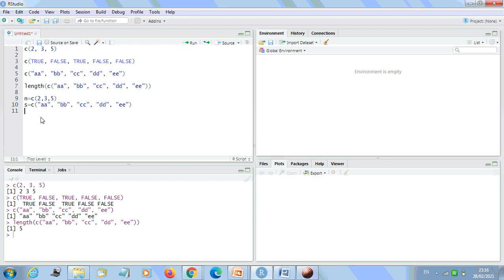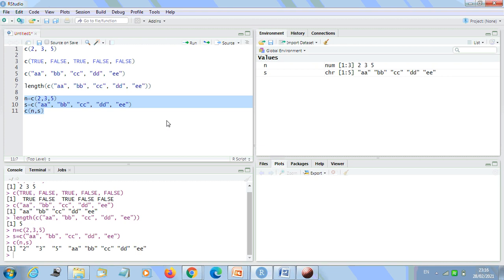I will write c and in brackets I will pass n comma s. So I have these two vectors. I will select all this and execute it. See, n is of numeric type, s is of character type, and I have combined them here itself.